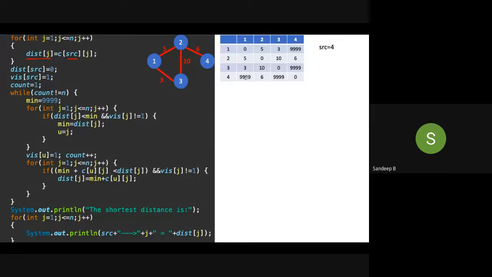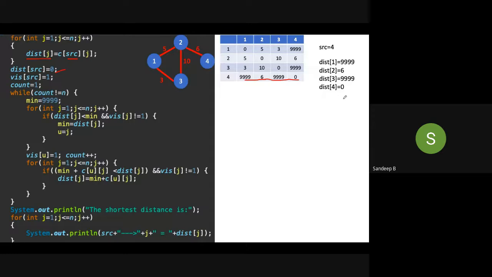So these 4 values will be initialized to the distance matrix. Distance of 1 is 999, distance of 2 is 6, distance of 3 is 999 again, and distance of 4 is 0. So these 4th row values will be initialized to this distance matrix, and distance of source is 0.